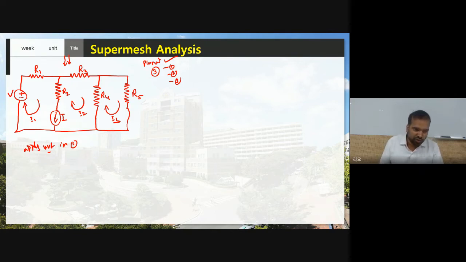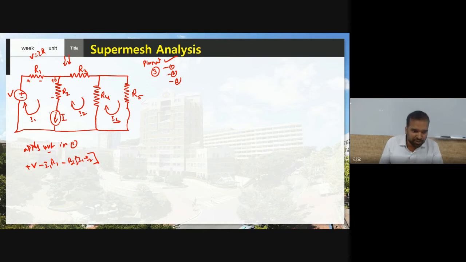Now what is the voltage at this branch? Of course, this is plus V. Now the current is flowing in this direction, from right to left. Therefore here it is plus to minus. Yes or no? Therefore here minus, what is the voltage? V equals IR. Therefore what current is flowing? I1 current is flowing, and here is R1. Now here I1 current is coming in this direction and I2 current is going in the opposite direction. Therefore minus R2 (I1 minus I2). You know how to write this one. We have learned it from our mesh analysis, right?